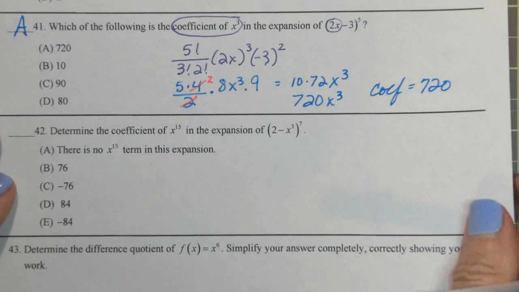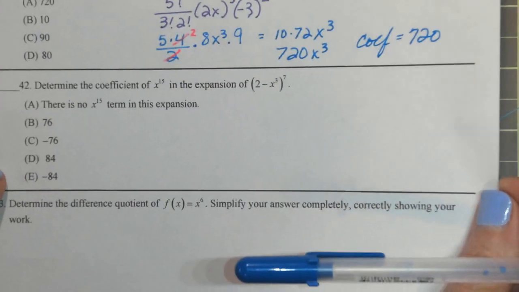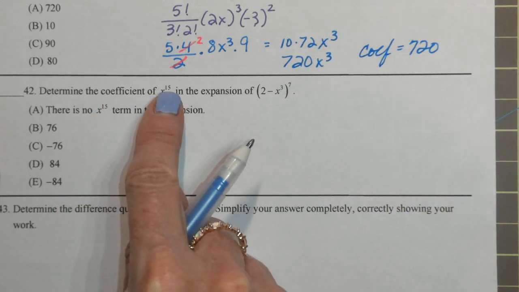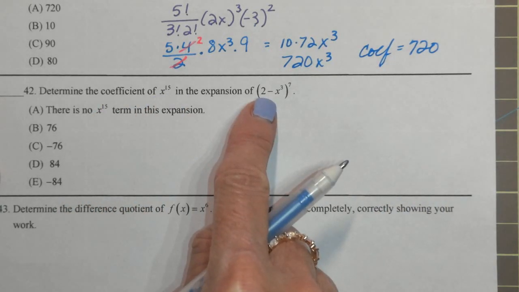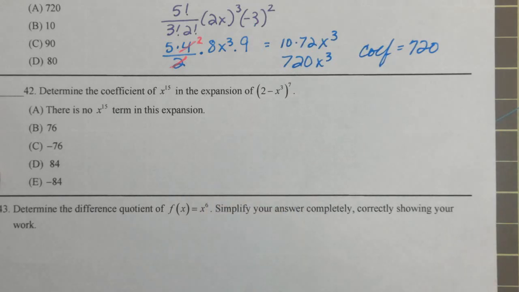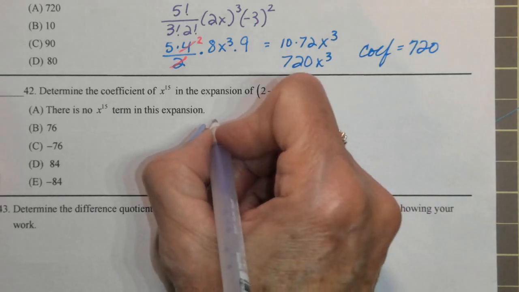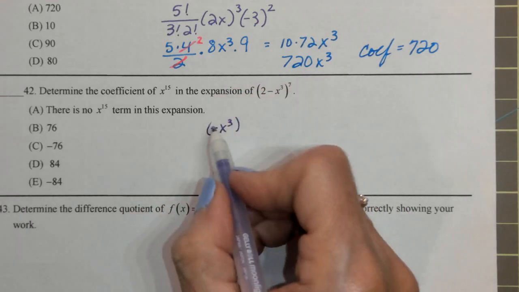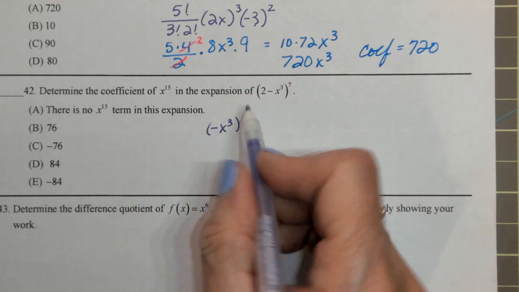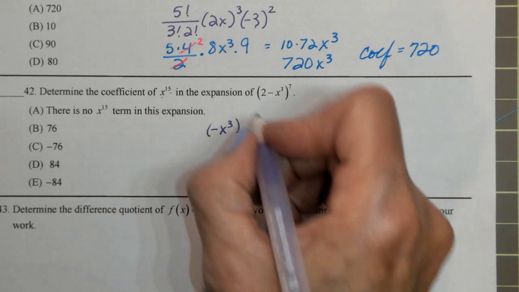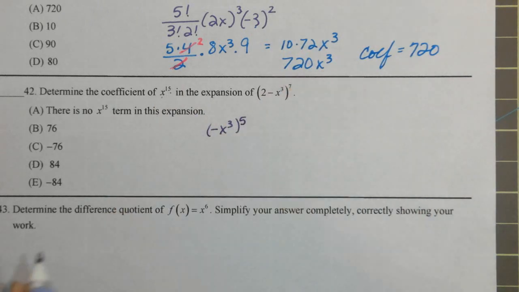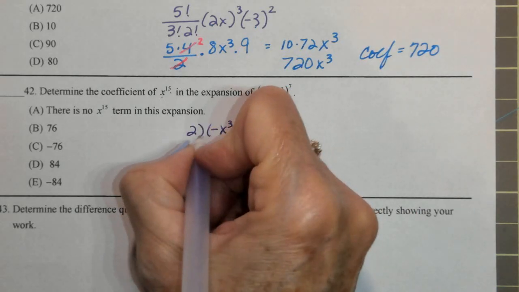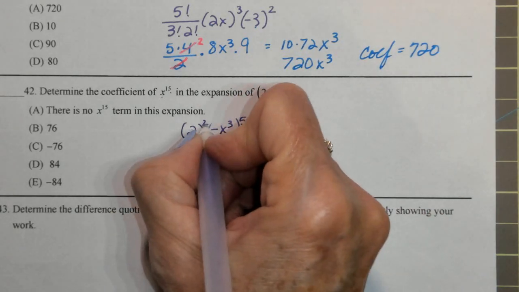That's binomial theorem. We're going to do that, okay? All right. Determine the coefficient of x to the 15th in this expansion. Alrighty. So I know I have the negative x cubed. What do I need to raise that to get an x to the 15th? I need to raise that to the 5th power, right? Which means the 2 is going to be raised to the 2nd power,